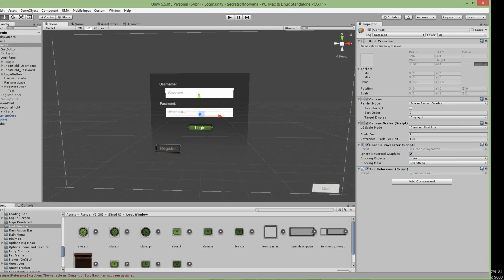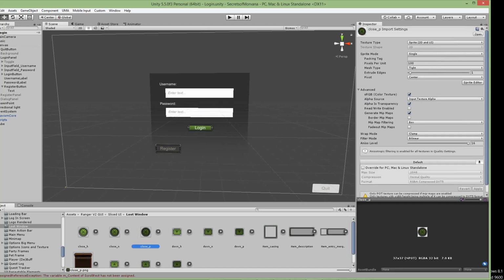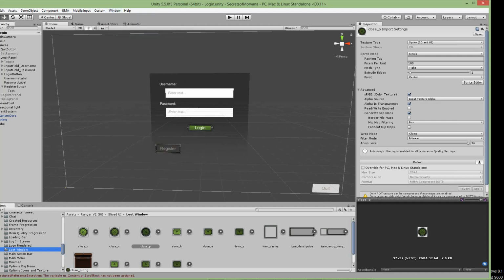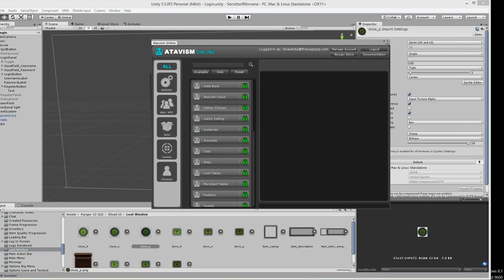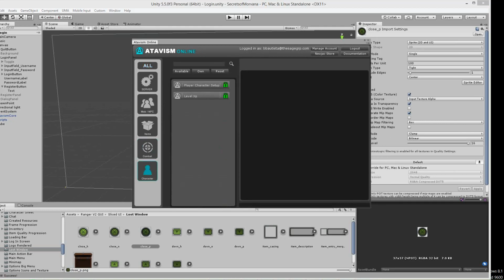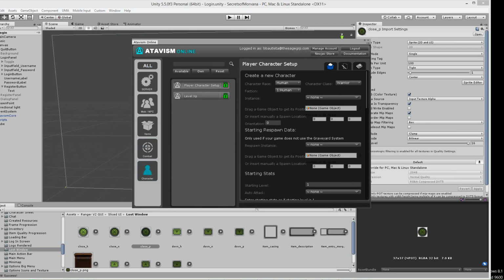Welcome everybody, and I am going to go over how to create your own races in Atavism so you guys can just follow along. Okay, so the very first thing that we're going to want to do is go to the Atavism plugin and create our race from there. Make sure that has time to load up. All right, so you want to go into your character, player character setup,